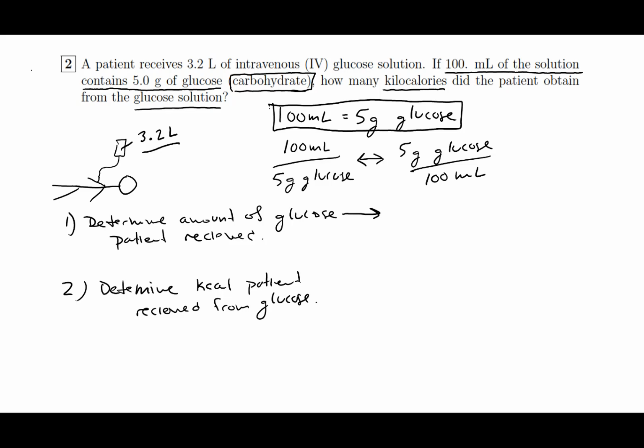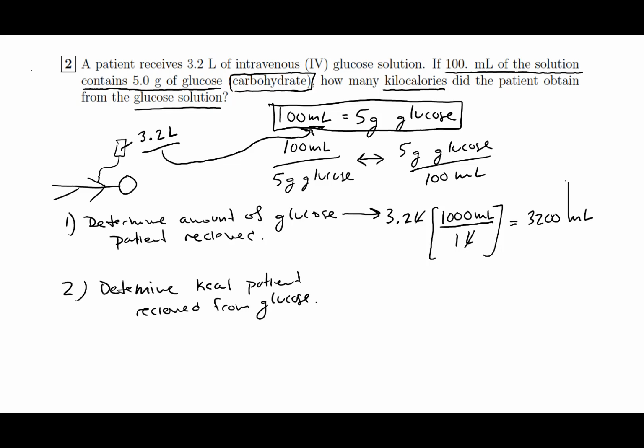So what we need to do, since our conversion factor is in milliliters, we want to convert the amount of solution that the patient received from liters to milliliters. So we have the 3.2 liters, and we want to convert this to milliliters. So we need our conversion factor from liters to milliliters. There's 1,000 milliliters per 1 liter. And so then the liters cancel, and we're left with